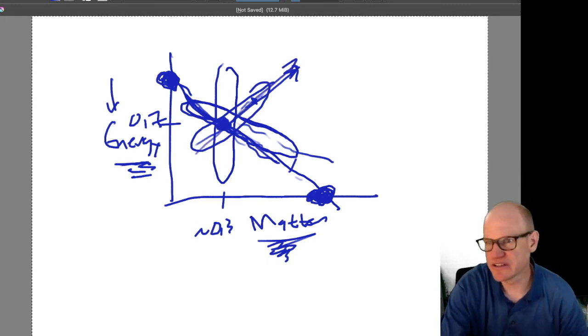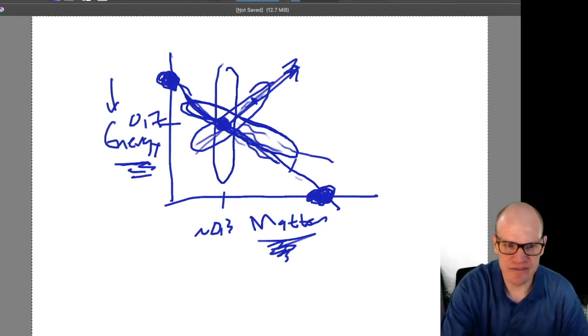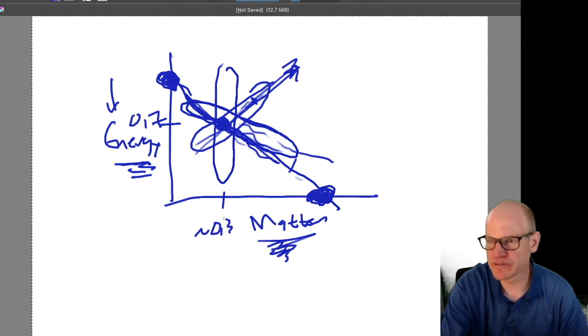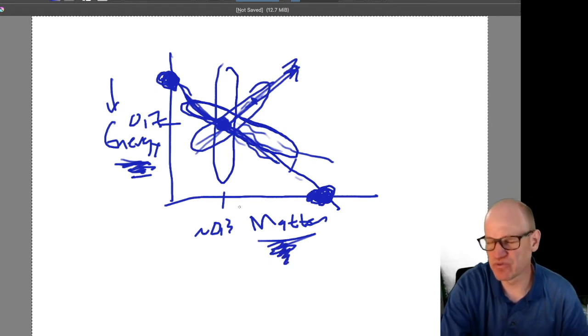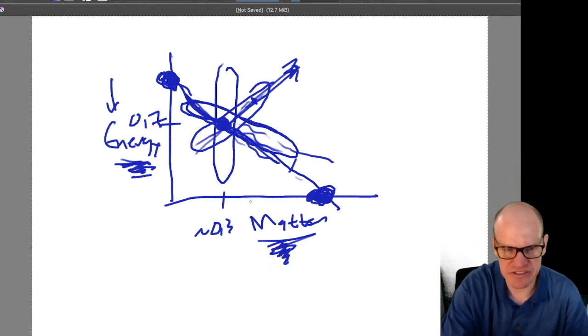The CMB measurements give you a result where the two things are anti-correlated with each other, and the growth of clusters, growth of galaxies, gives you something that's independent of the dark energy and is, well, roughly only dependent on the matter density. And all of them intersect at a single location.